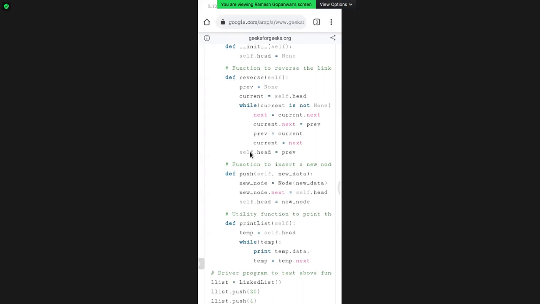So now head is pointing to? 1, sir. Will it point to 1 only till then? No, sir. Here head points to none, I think. Okay, it is outside the loop. Okay, cool. Thank you, Ramesh.